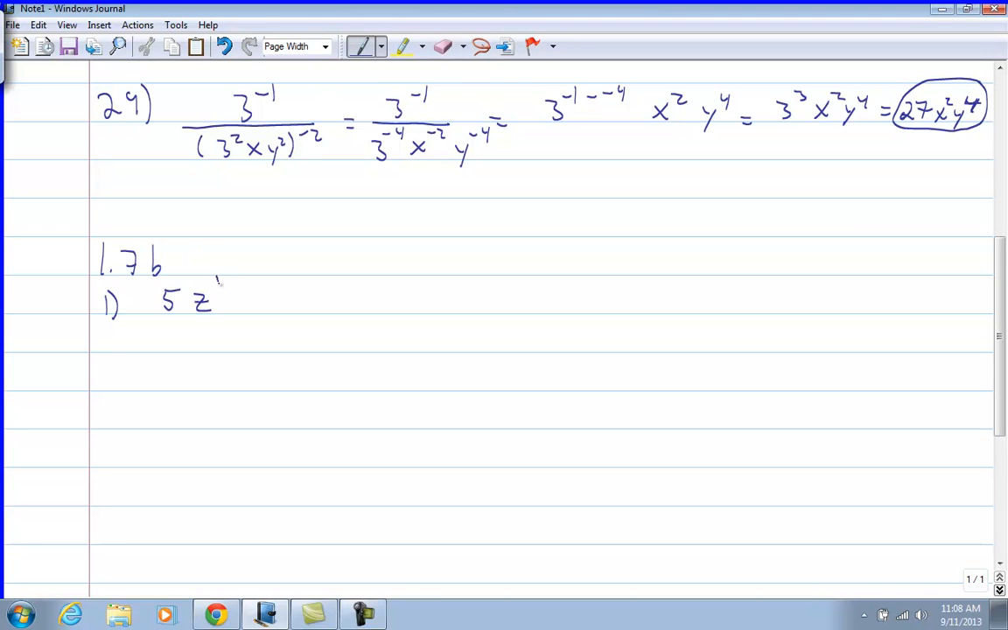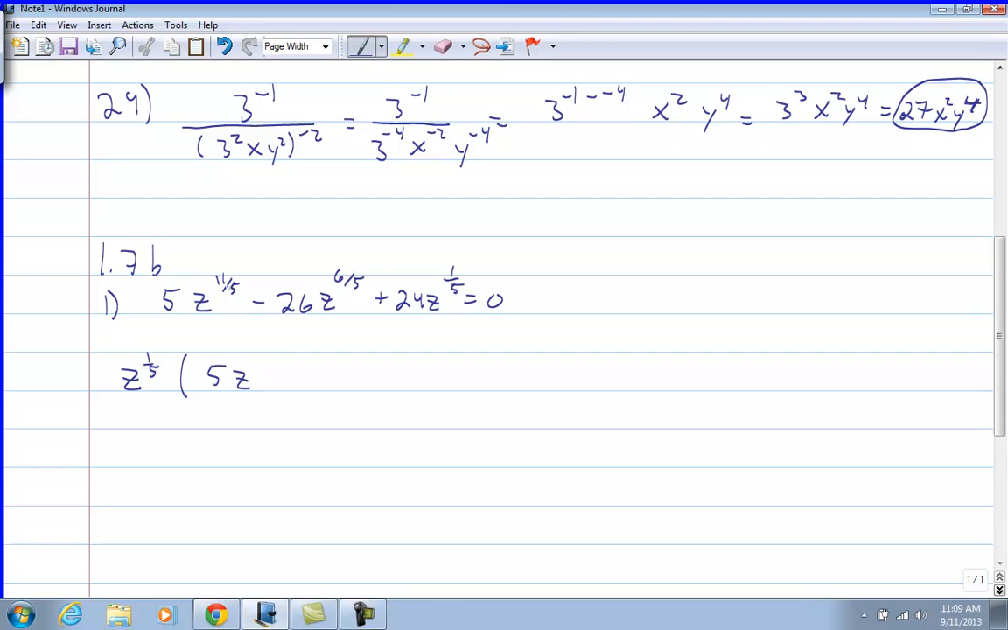5z to the 11/5 minus 26z to the 6/5 plus 24z to the, I believe it's 1/5, equals 0. So we want to solve this, and I would say first factor out your lowest power, z to the lowest power, and that's z to the 1/5. So that becomes z to the 1/5 times,